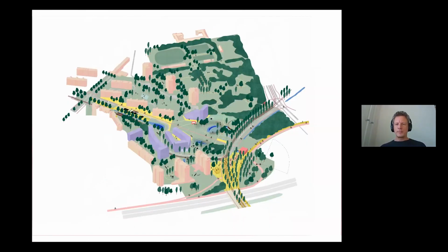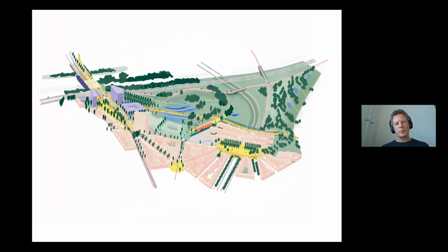And this program is really trying to weave together things that today seem quite disconnected. I will not go into the detail of this, but just to give you an idea, here in pink is drawn what exists, in purple is one scenario of what this future could bring. As I said, we're in a preliminary design, so we're testing out how buildings could relate to the park, how the park could be connected, how the water that you see here in blue is suddenly given a continuity also for biodiversity. And the same goes for